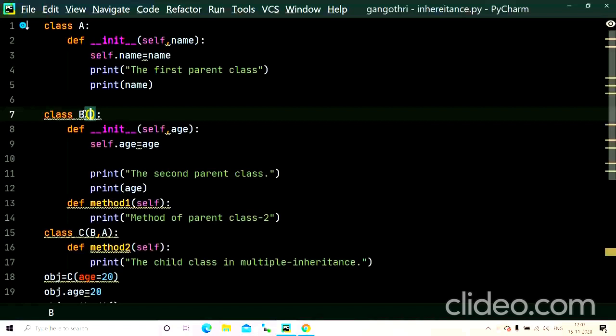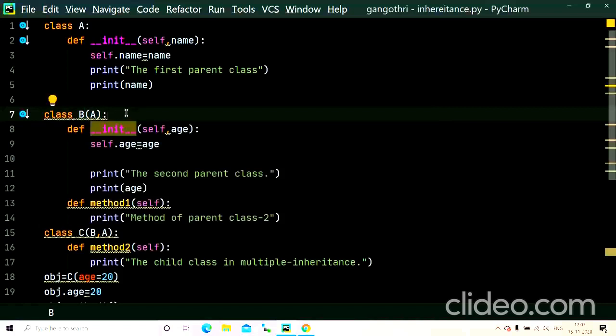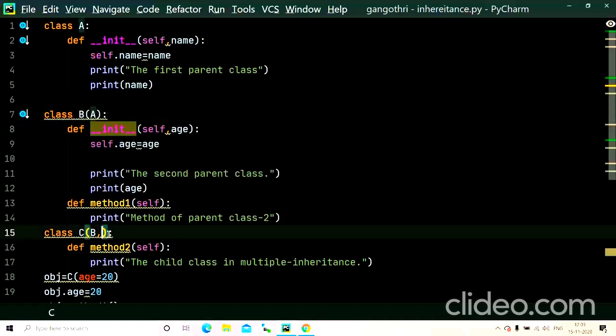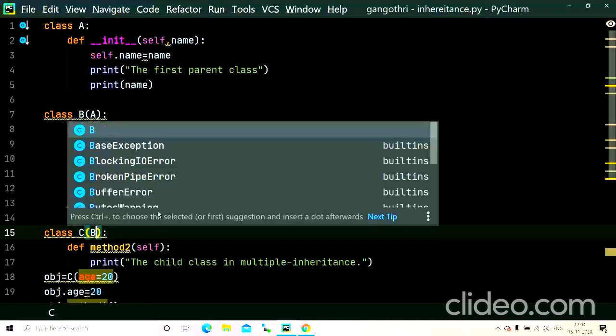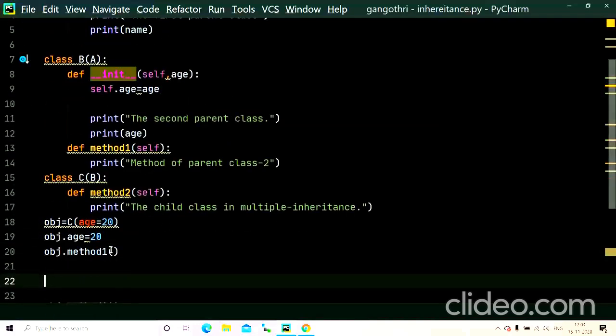Okay. Don't get confused. You can get it clear by seeing the example. We have inherited the properties of A to B, and now we are inheriting only the properties of B to the child class C.